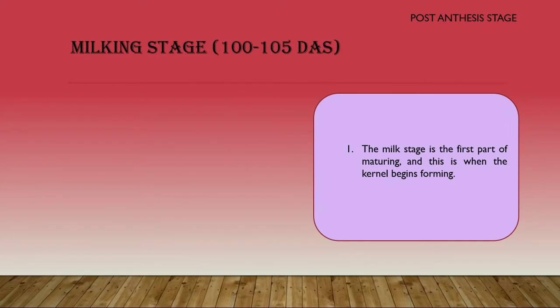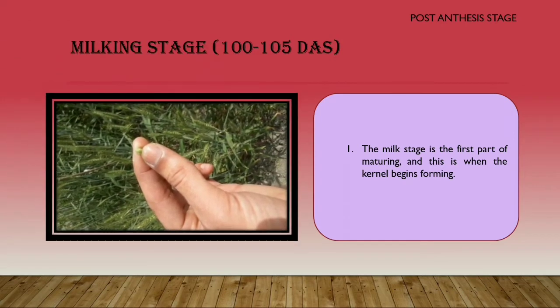Milking stage, which occurs at 100 to 105 days after sowing. The milk stage is the first part of the maturing, and this is when the kernel begins forming. And coming to the next stage, we